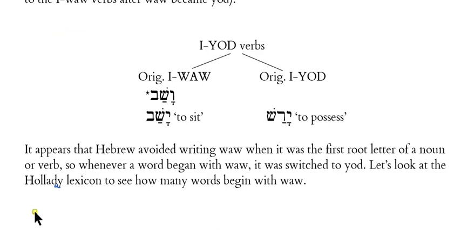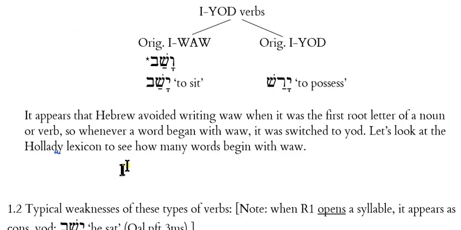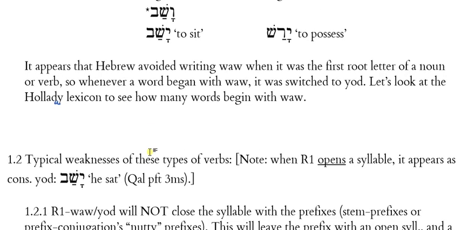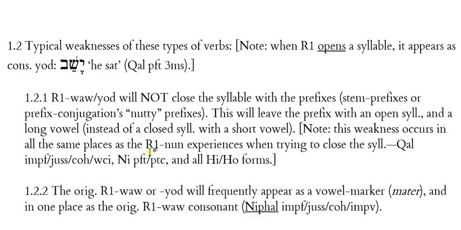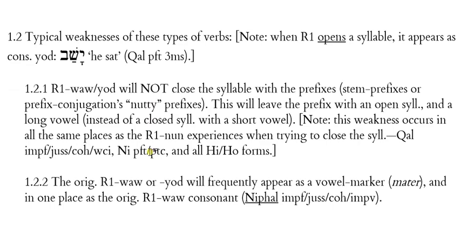Well, back to our handout now. You can see that we have a number of one-Vav verbs originally that now show up as one-Yod verbs. But this is going to matter because one-Vav verb behavior is going to have some weaknesses that are slightly different from the one-Yod verb weaknesses, but they also share some similarities. Let's talk about the typical weaknesses of these types of verbs, whether they're one-Vav or one-Yod